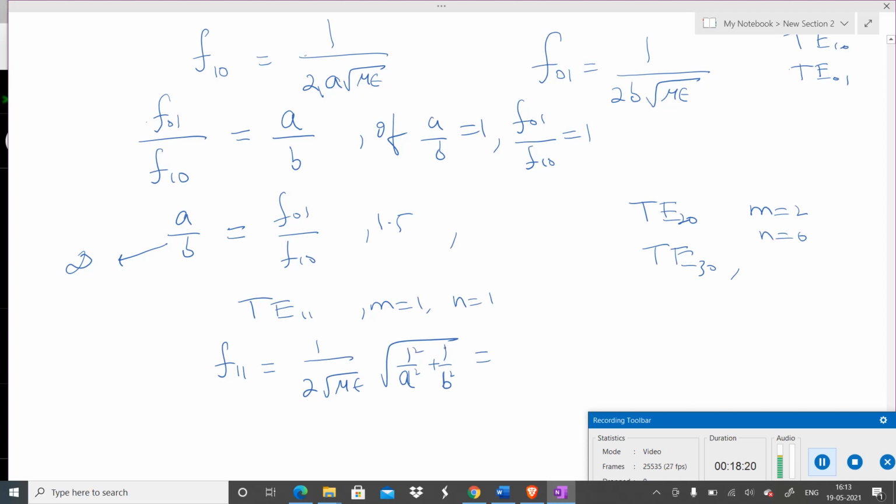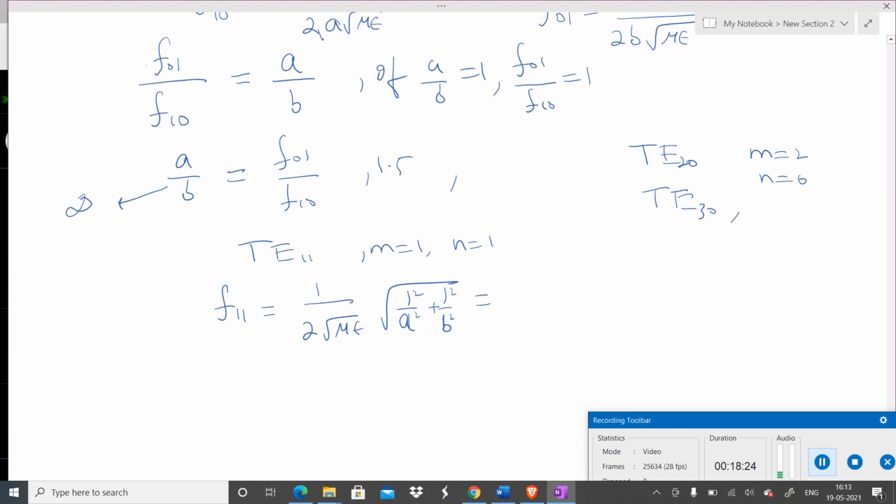This is the f11, and we know f10 is 1 over 2A under root of mu epsilon. Now what will be f11 divided by f10? That will be equal to under root of 1 over A square plus 1 over B square divided by 1 over A,